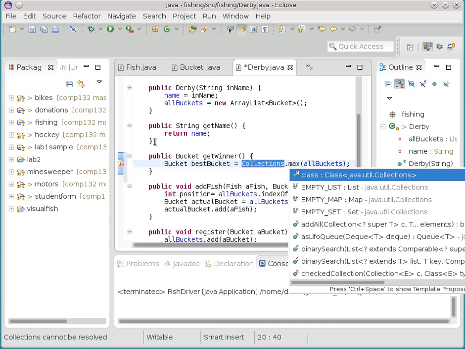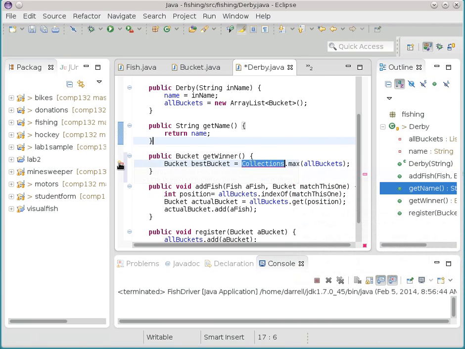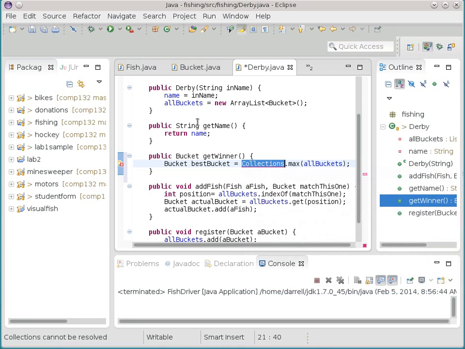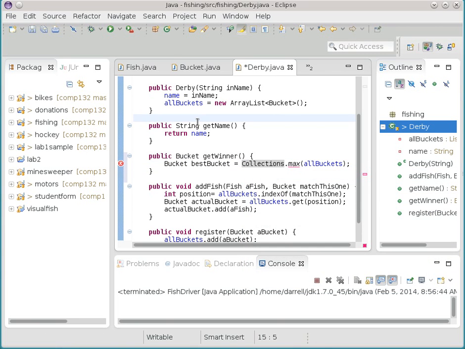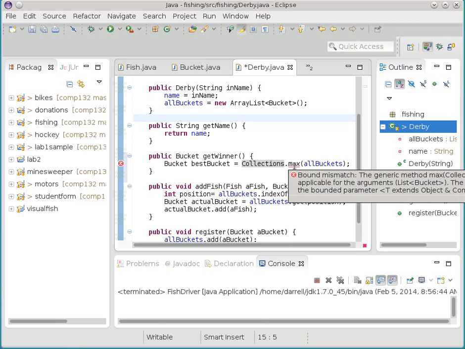Okay, so we'll just click on the yellow bulb to get the import statement. So it's really easy. All I need is the biggest bucket. Except, not yet. I mean, someplace we're going to get to a level of detail where somebody has to compare things, but for now I don't care. All I need is the biggest bucket. Okay, so biggest or best, right? That's all that maximum does. Except